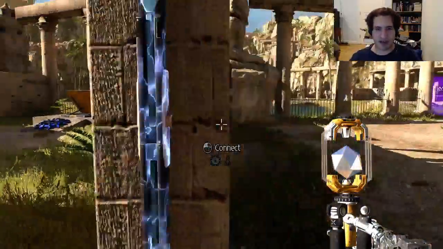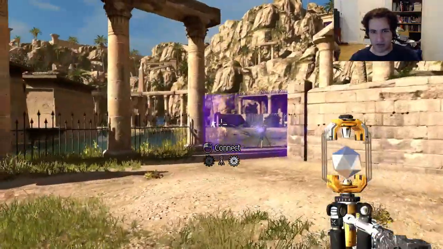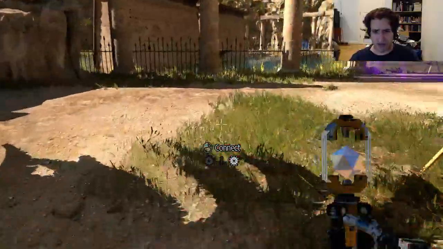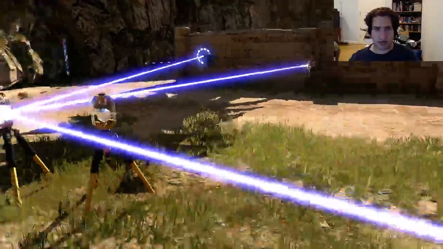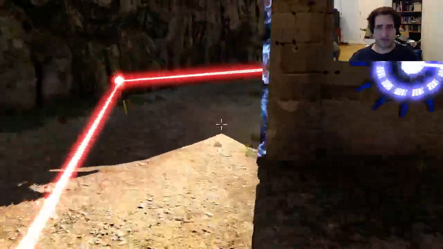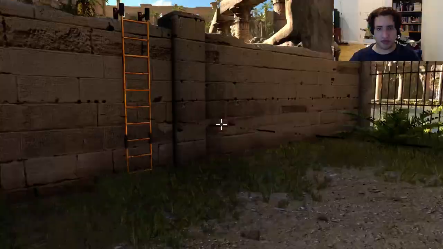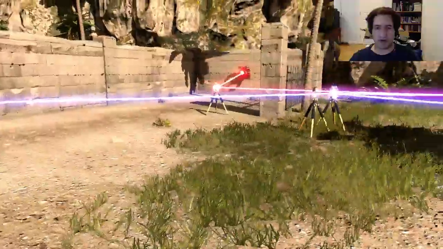Like, this allows me to keep this open, right? And then I can use the jammer somewhere else? Alright, now I have blue on the inside and red on the outside. This no longer needs to be jammed open. And this lets me...